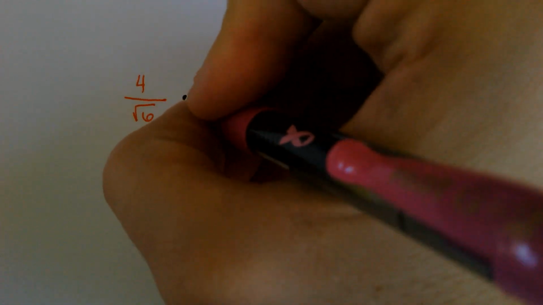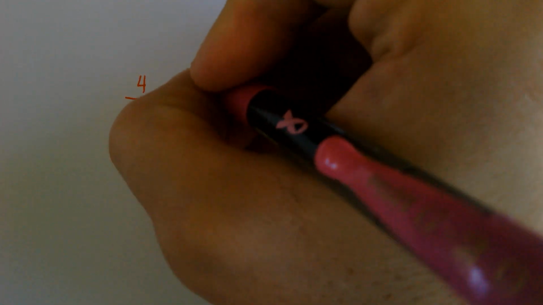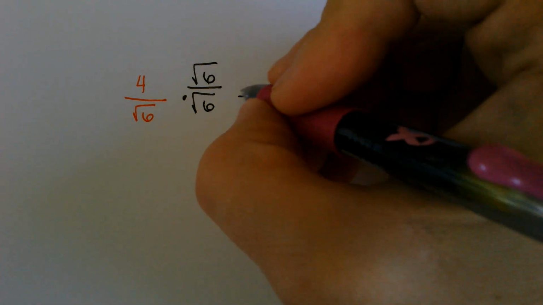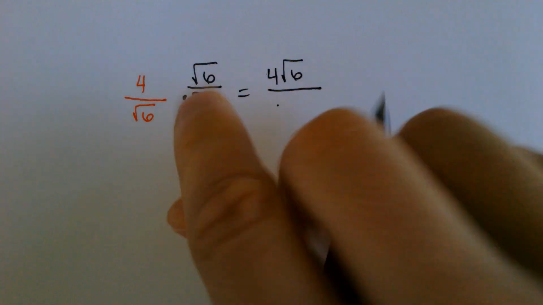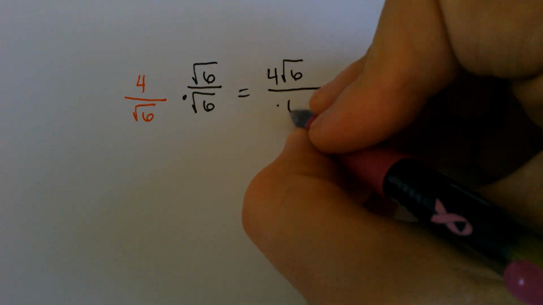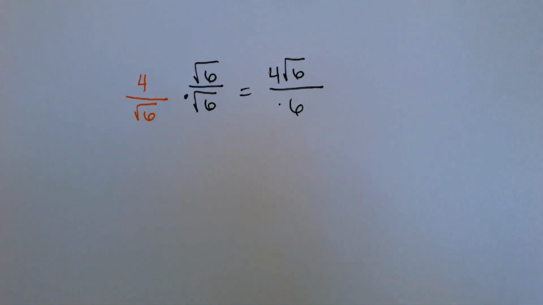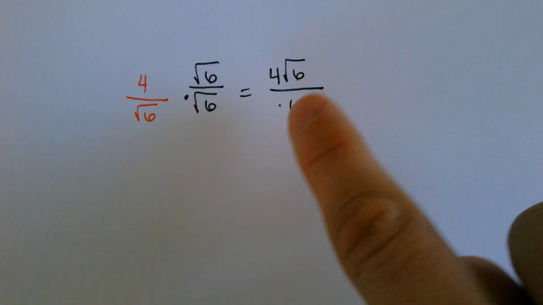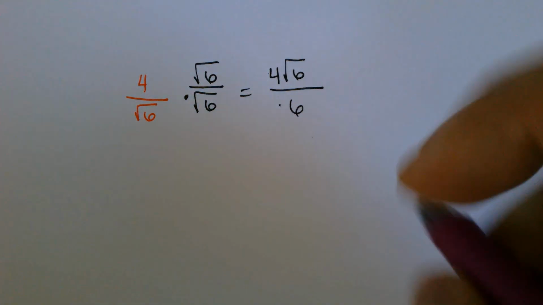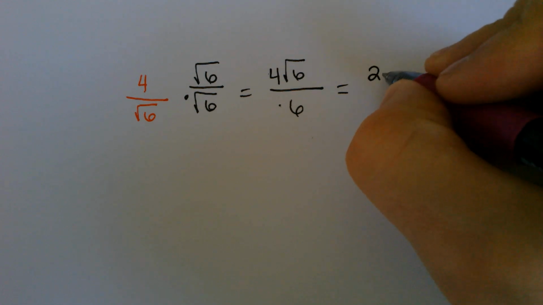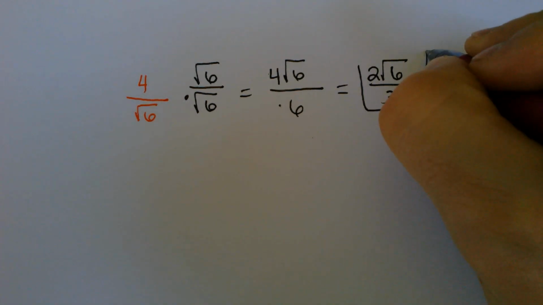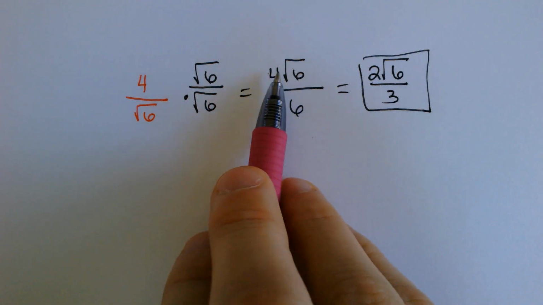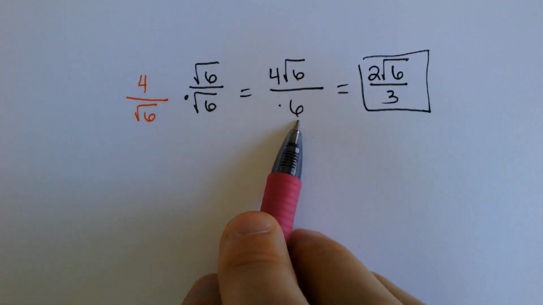If we had to rationalize that one, we would multiply by the square root of 6 over the square root of 6. And that would make 4 square root of 6 over the square root of 36, which is 6. But 4 over 6, you can simplify, and 4 over 6 turns into 2 over 3. Now notice that I can simplify this 4 and this 6 because they are both on the outside